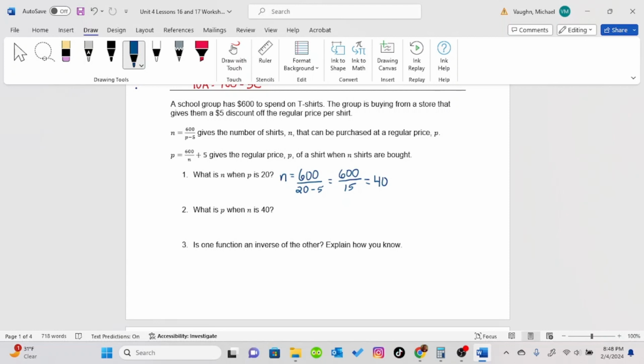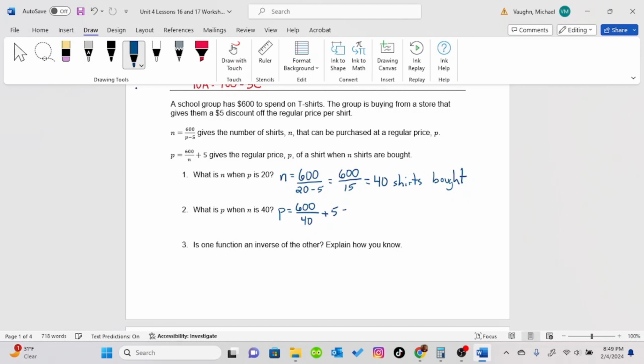And N is the number of shirts that are bought. So this is 40 shirts bought. Number 2. What is P when N is 40? Well, now we would use the bottom equation. P equals 600 divided by N, which they're telling us is 40,